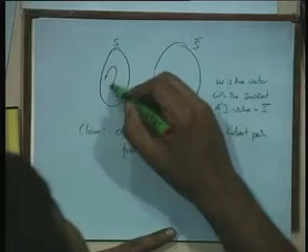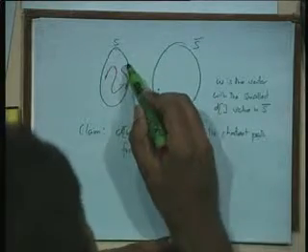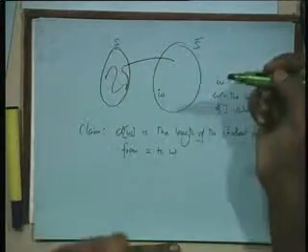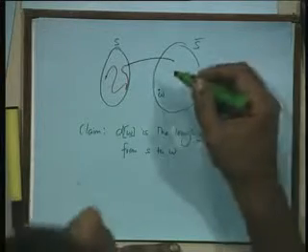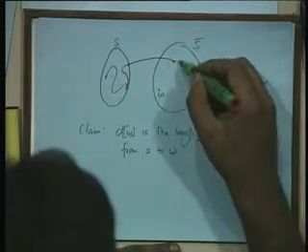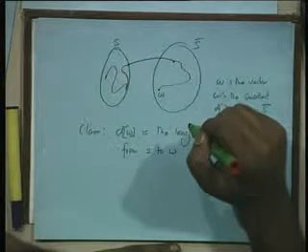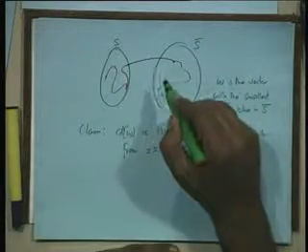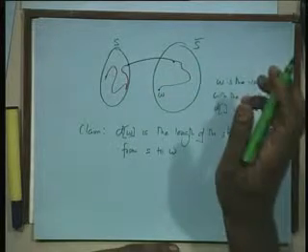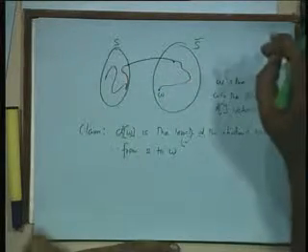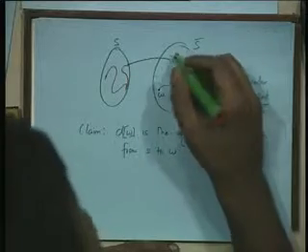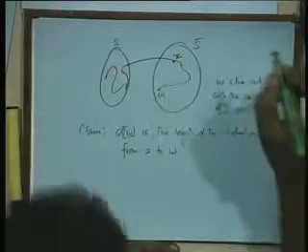That path will visit some vertices here, and at some point it has to jump across. And then it has to come to W. Maybe it jumps back and then comes again. It could do a whole lot of crazy things, but it has to at least jump across once. If it jumps across once, let us say it jumps across and reaches vertex x,